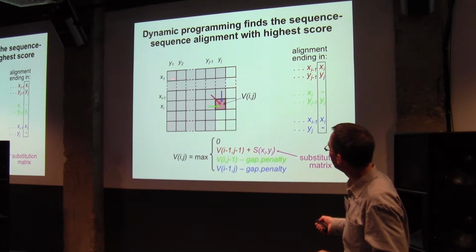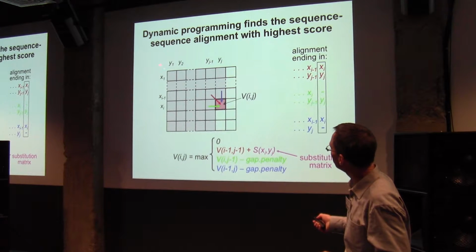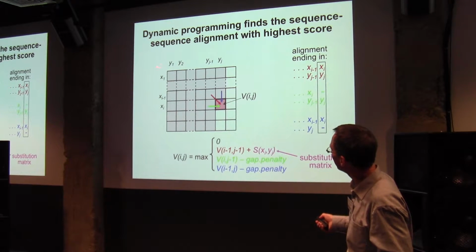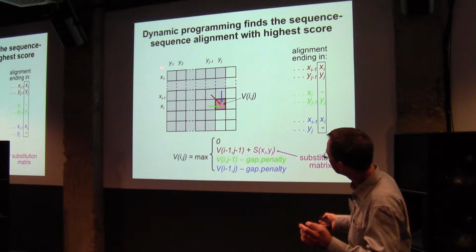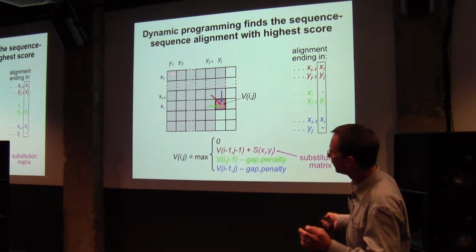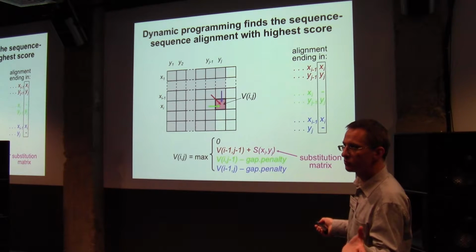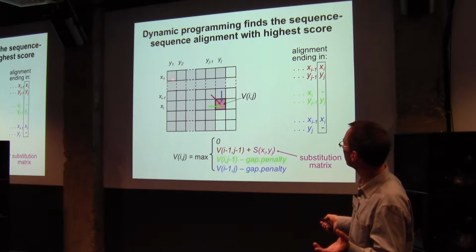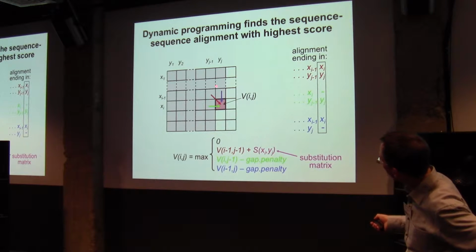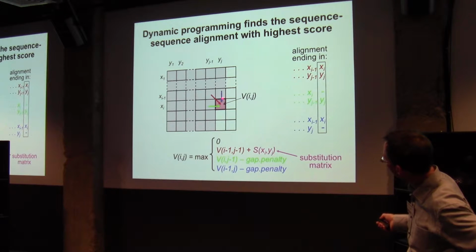So in the beginning it's very simple. If the score here would be a virtual zero, and the best score here would be the match score between x1 and y1. Except if it's smaller than 0, then you would just say it's 0 because there's no alignment there. So suppose you've filled out all these scores in this matrix, and you come to this place here.